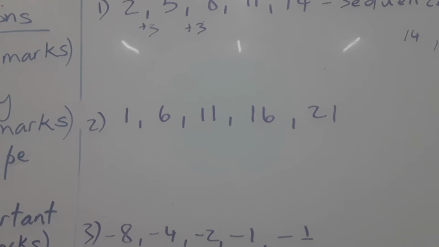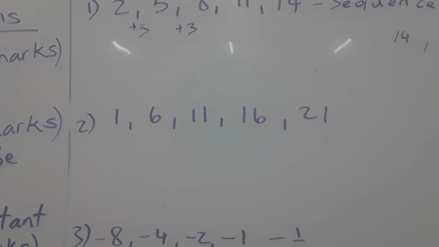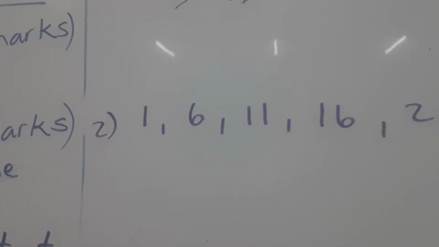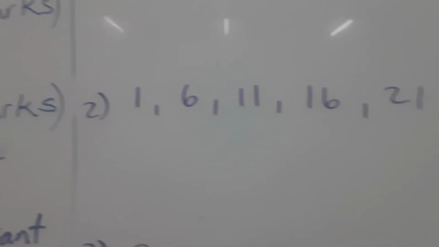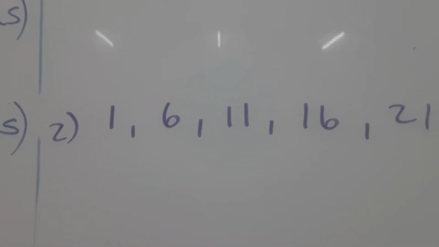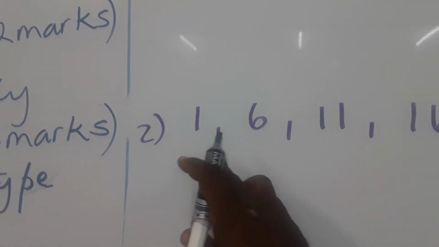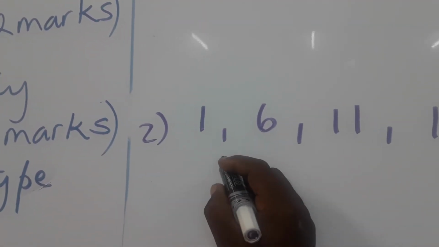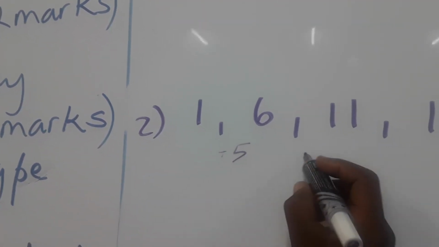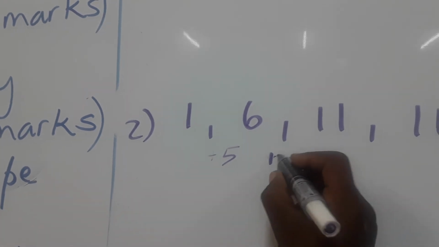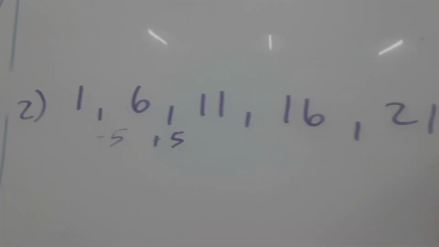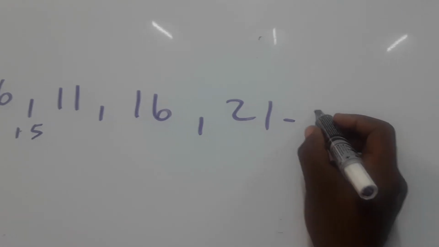So this sequence is increasing, and there should be something common in the sequence, a pattern. In looking at it, 1 to 6, we see that it increases by 5. From 6 to 11, we also see it increases by 5. So we can say that this sequence